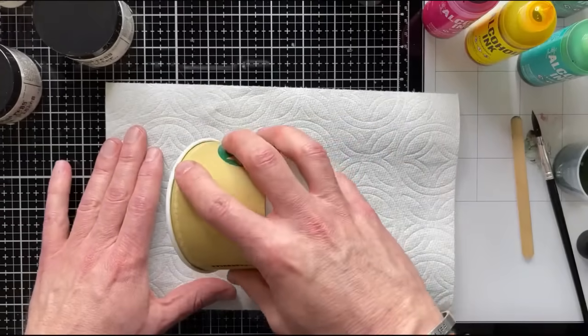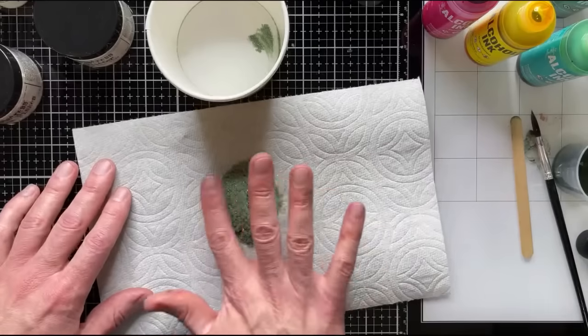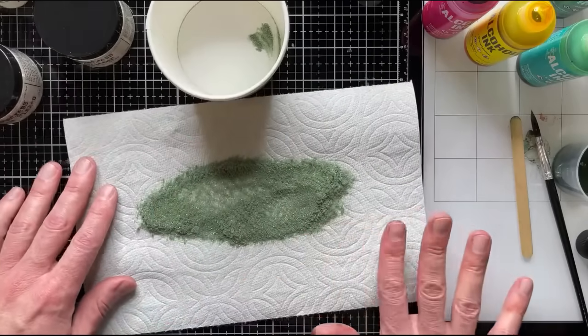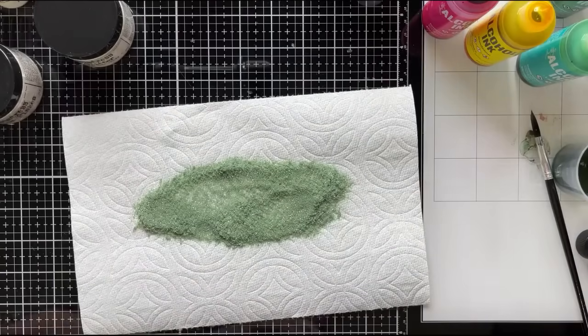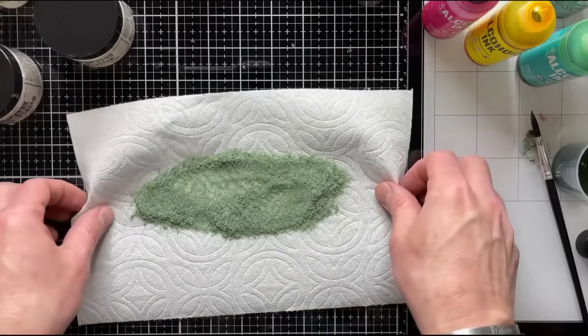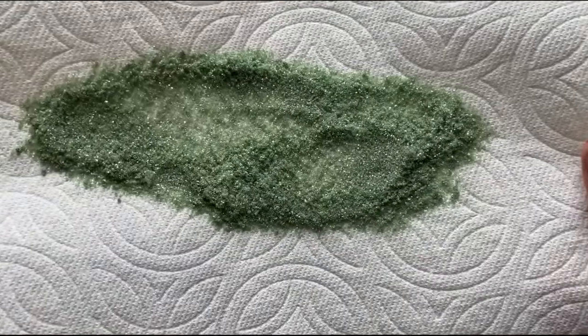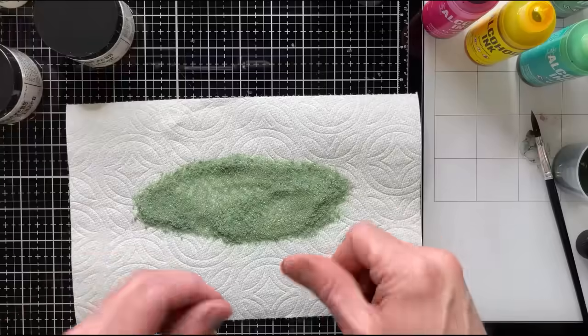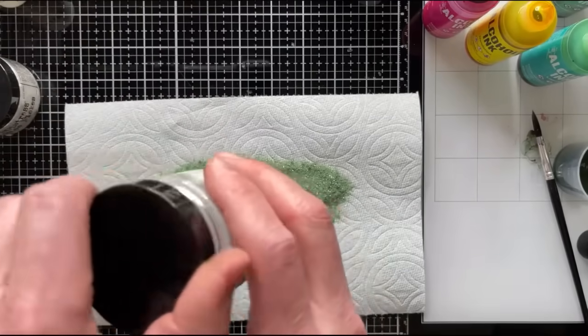So I like to pour it out on a paper towel because that's the quickest way to get the moisture to wick out. You could leave it in the cup if you want to, but I just think it's easier on a paper towel. And honestly, in about 5 minutes, I mean, you could see it already. It's starting to come back to life as a glitter,